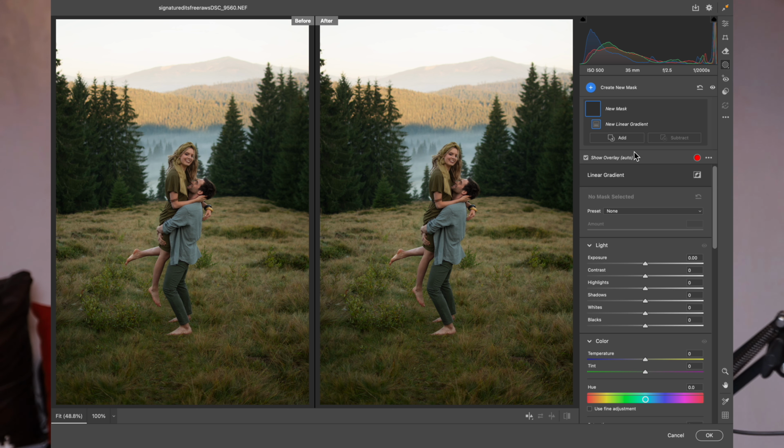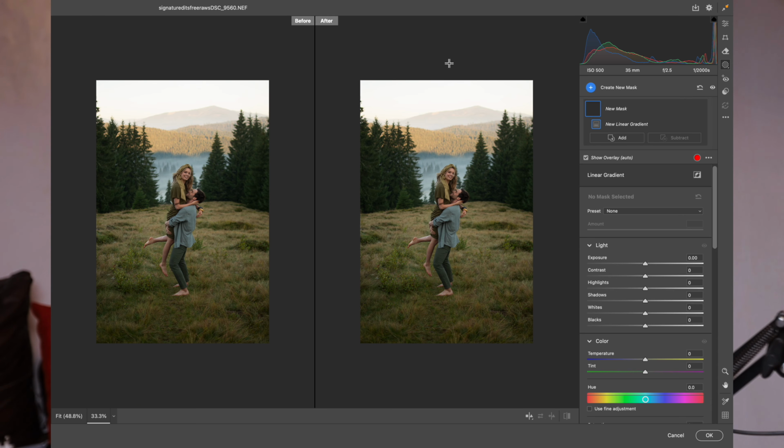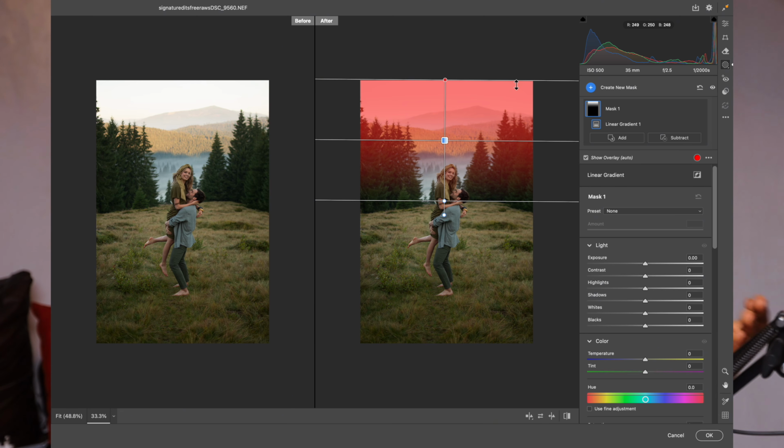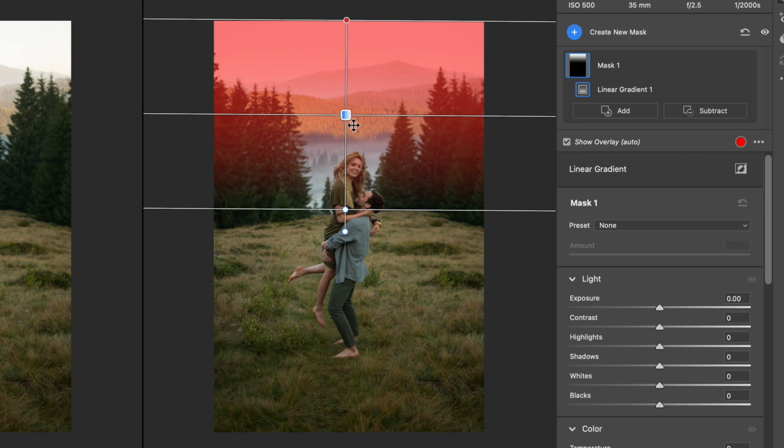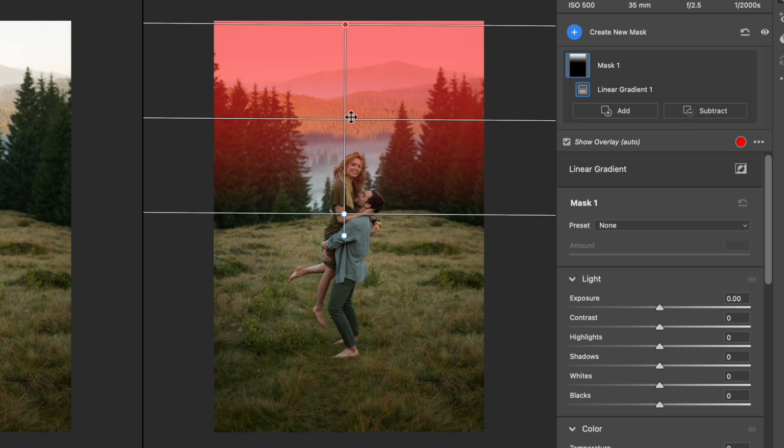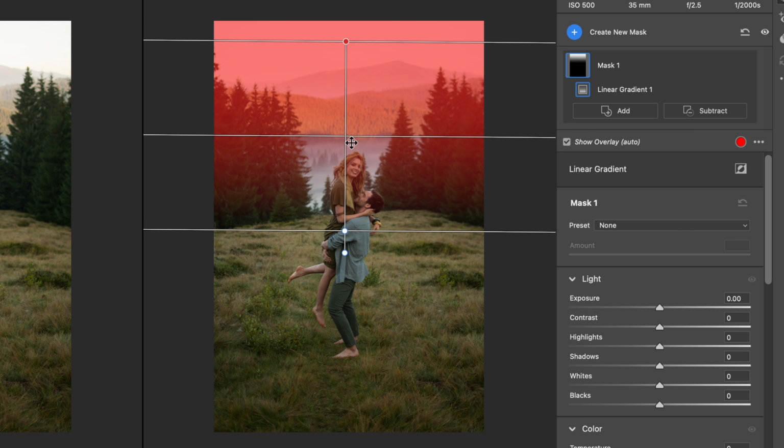Now what you want to do is you have this plus sign, so let me zoom out like this. You see this plus sign over here, just drag it like this. Now we have 3 things to notice with this masking. Let me explain to you. We have this blue dot over here, which is used to drag your mask down or upward. If you want to drag it like this, if you want to drag it like this, it is used to